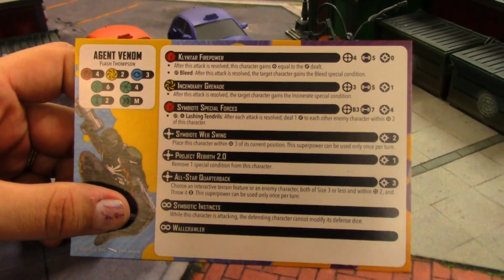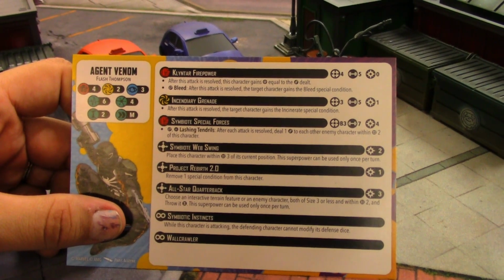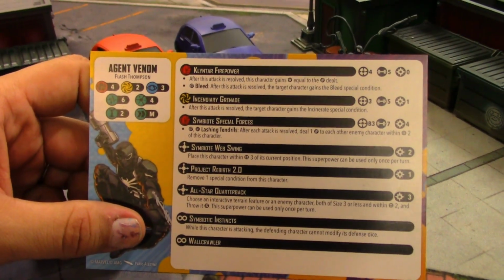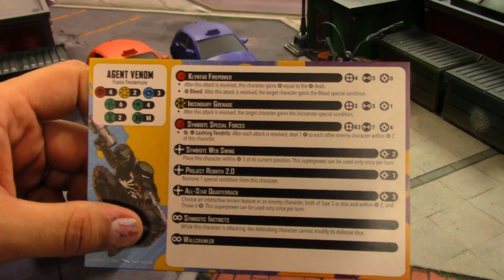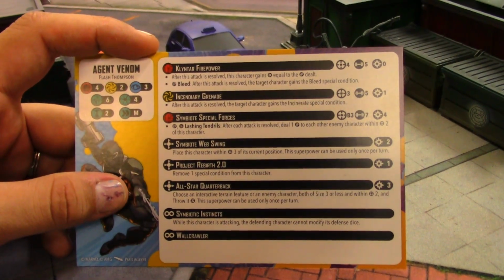After each attack is resolved, deal 1 damage to each other enemy character within range 2 of this character. Oh man, if you set this up right, this can do so much extra little splash damage. I think this is an absolutely great attack. I think the conditions have to be just right to use it, so it's not going to be great all